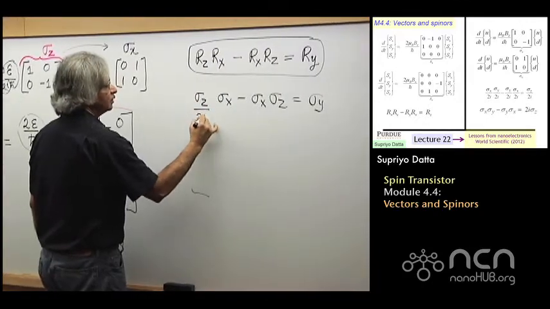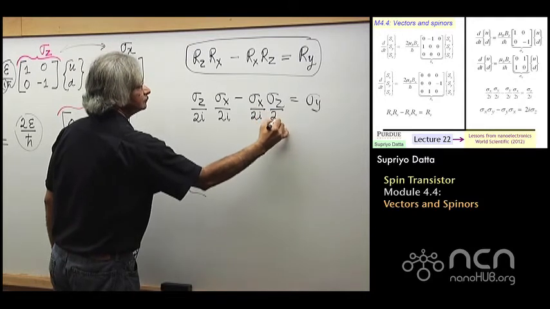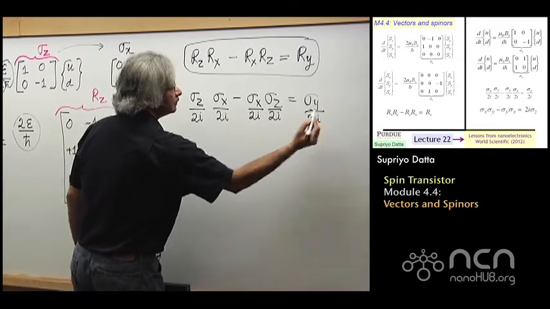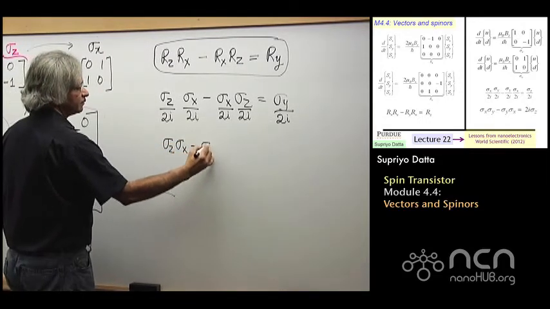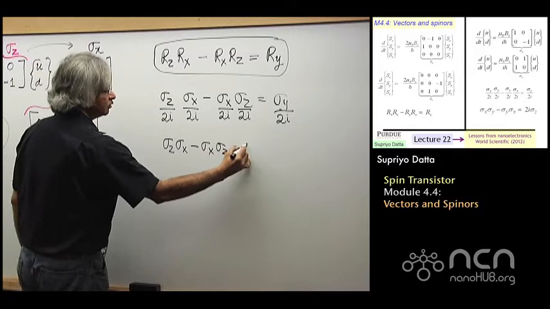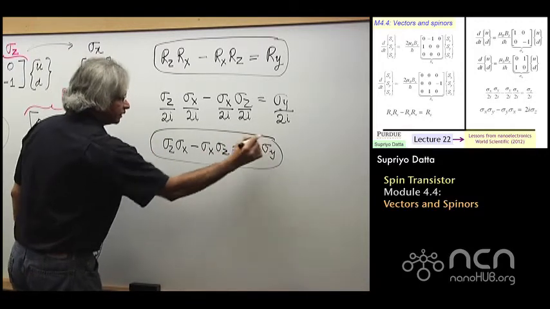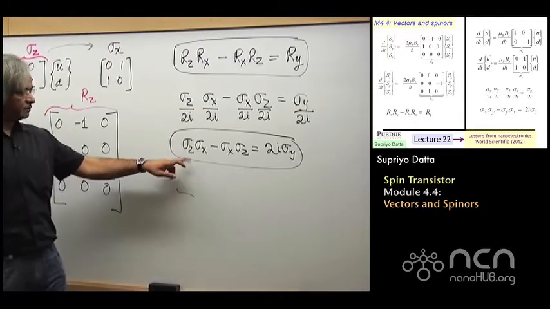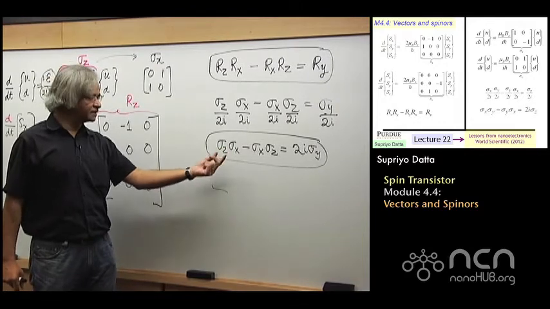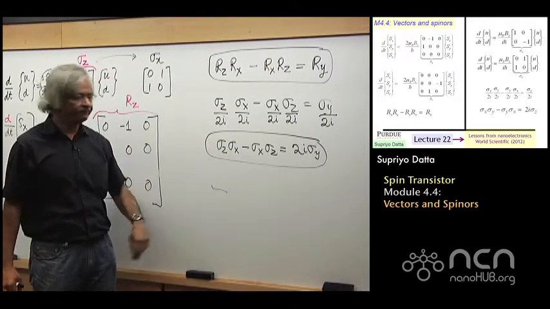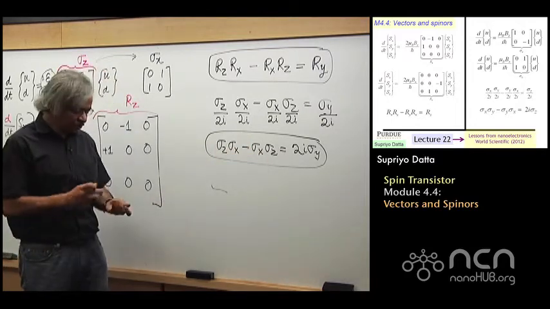So you say I could do this. And now you can see you'll have the property that sigma z sigma x minus sigma x sigma z is equal to 2i sigma y. And that's exactly the property obeyed by the Pauli spin matrices. Because one of the things, I think in the tutorial where I go through the properties of these matrices, is sigma z sigma x is i sigma y, and sigma x sigma z is minus i sigma y. So it has that property. So this is really what